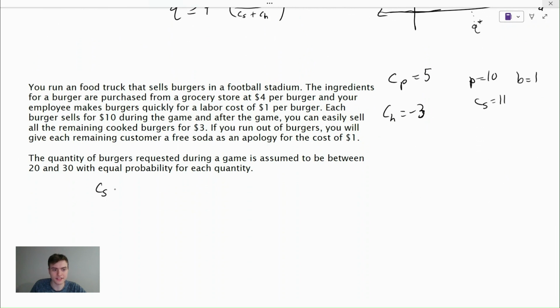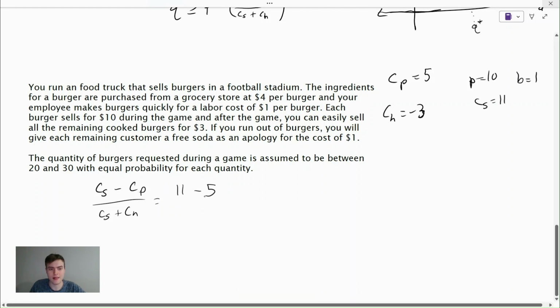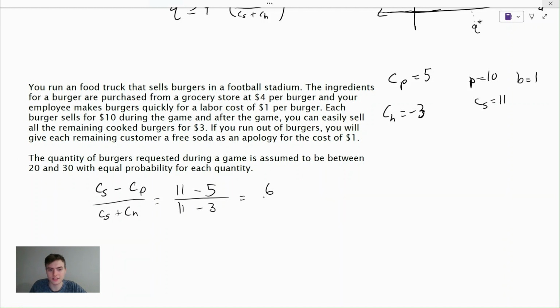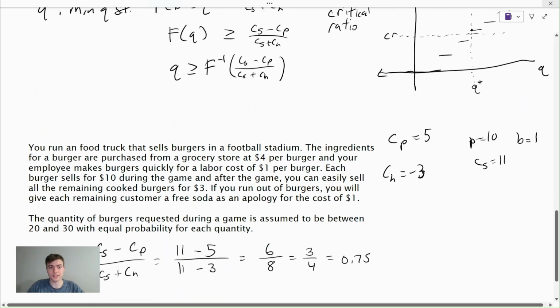So (CS minus CP) over (CS plus CH) equals (11 minus 5) over (11 minus 3), which equals 6 over 8, equals 3 over 4, equals 0.75, so that perhaps we could more easily compare it to the